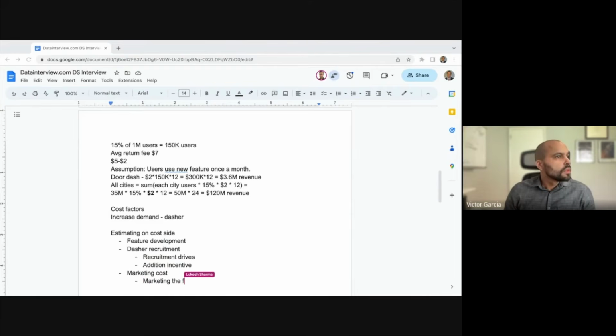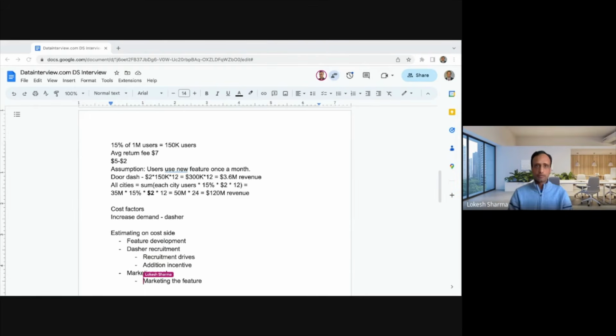By marketing the feature in this case, you mean marketing it to Dashers? It's actually marketing cost here is marketing to the users, and there is additional incentive and marketing. I can put marketing here for Dasher marketing as well.